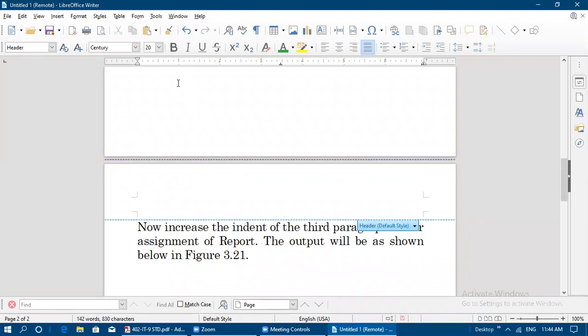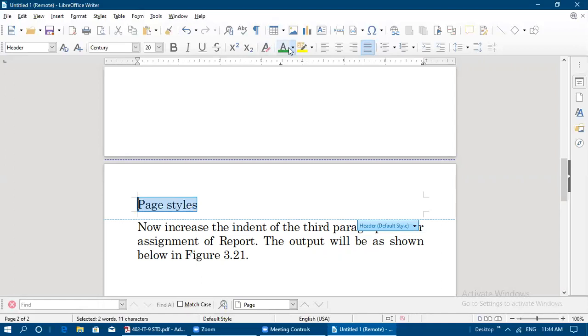See, in the header area, whatever heading you are giving now, even now I am giving in the second page, but in the first page also this information will get applied. Okay, so this is for page styles. We are studying now about page styles only. So I'm giving heading as page styles.